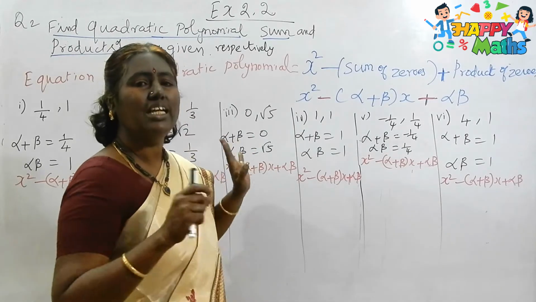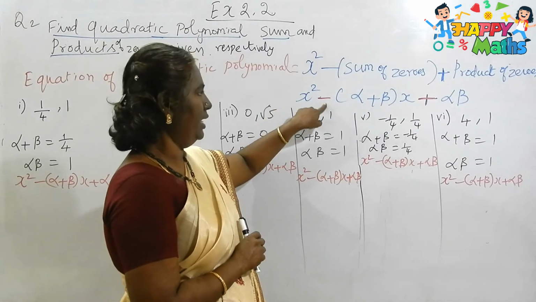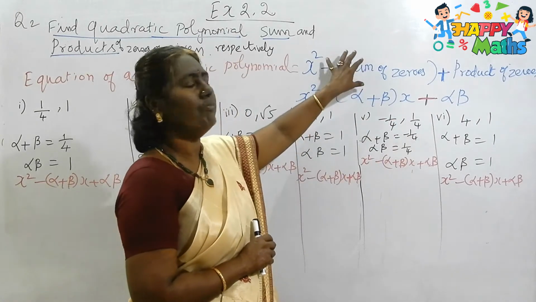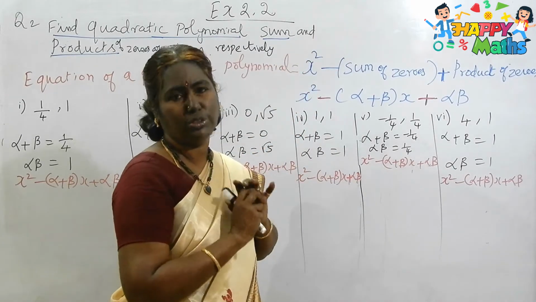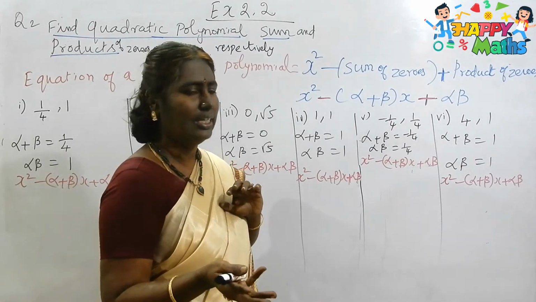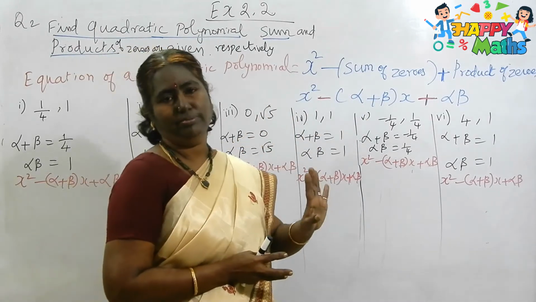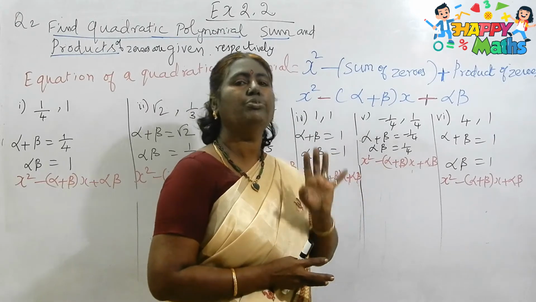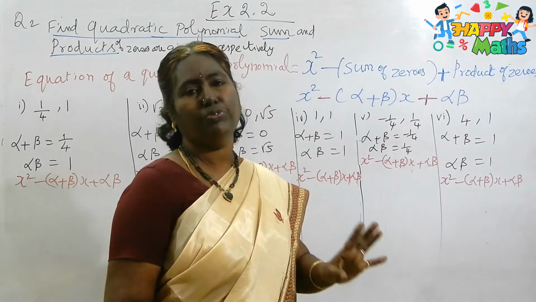So what is the general form of the equation? That is a formula. That means x square minus alpha plus beta into x plus alpha beta. With the help of that only, in the factorization video, I took the product of two roots and the sum of two roots, or product of zeros and sum of zeros. We found it very easily, isn't it? So now you have to write this formula for all the sums. Even though the sums are under the same heading, here also we have to practice writing it. Then only in the exam will you definitely write the formula for each sum.